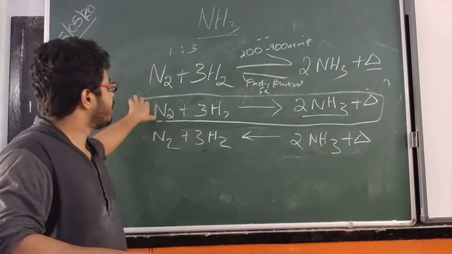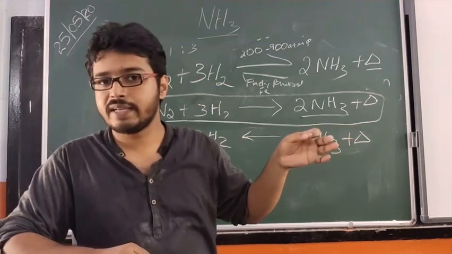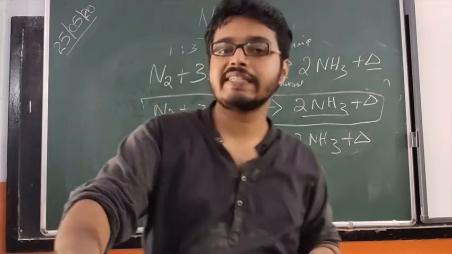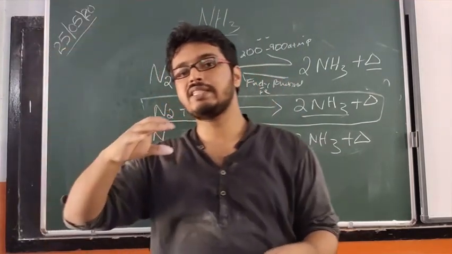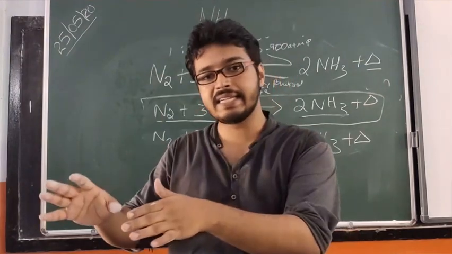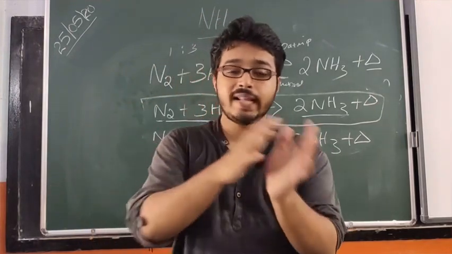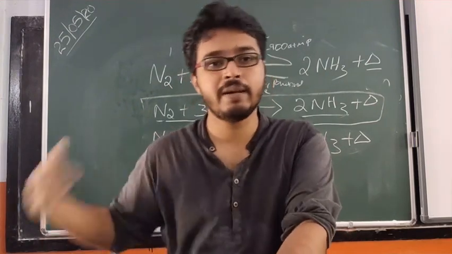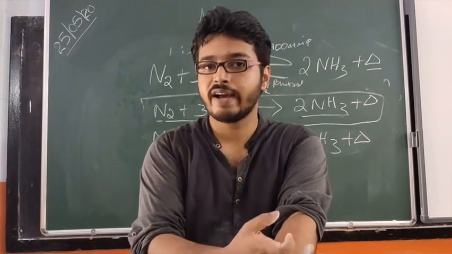I hope you remember the first reaction is an exothermic reaction. So if an exothermic reaction takes place, the temperature in the 450 to 500 range will increase, right? So whenever the forward reaction takes place, a little bit of heat energy is obtained in the catalytic chamber. They remove that heat energy, and all the excess heat is removed from the catalytic converter using a certain medium, so the temperature is always kept between 450 and 500 degrees Celsius.